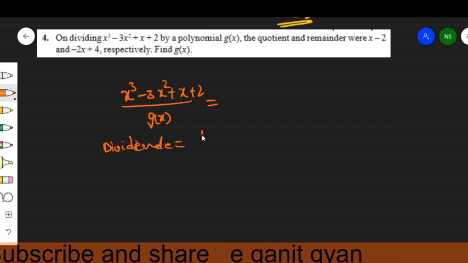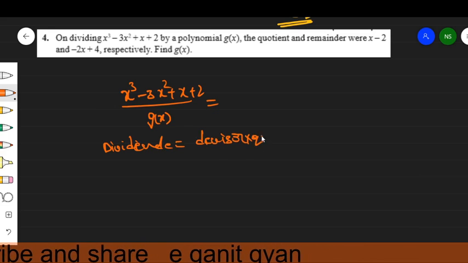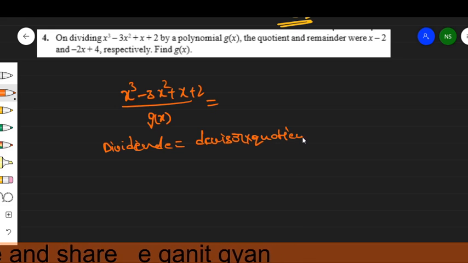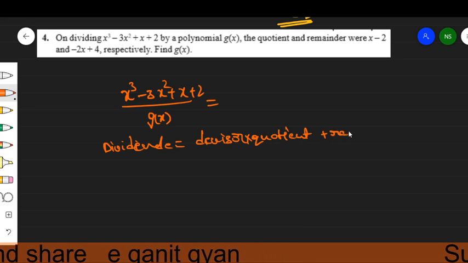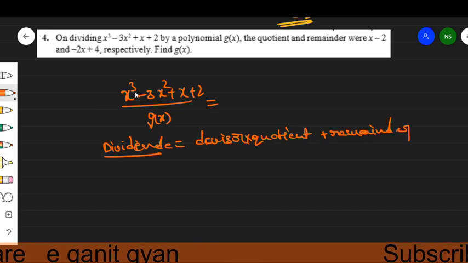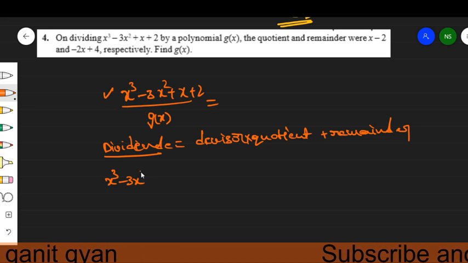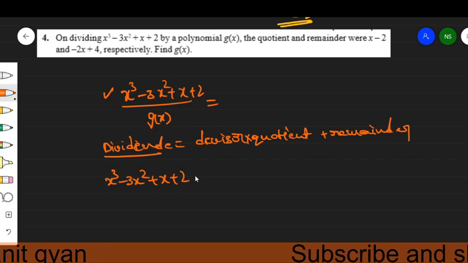Dividend is equal to divisor into quotient plus remainder. Here we know our dividend, which is this one. So I can write this one, x cube minus 3x square plus x plus 2, which is equal to,